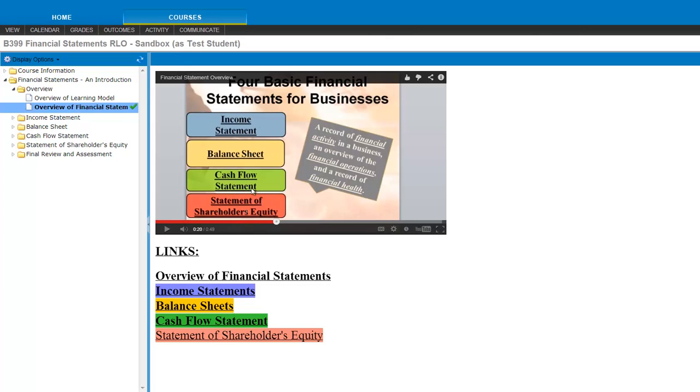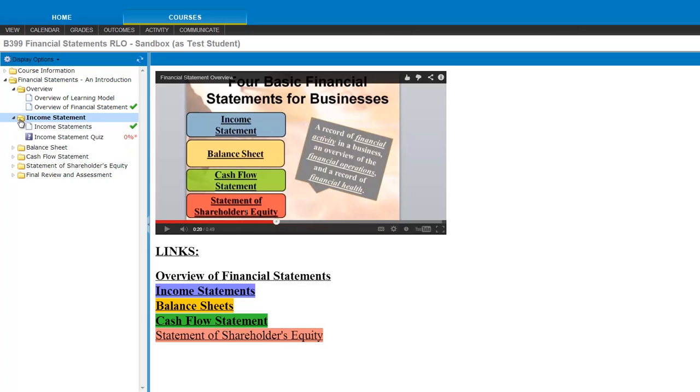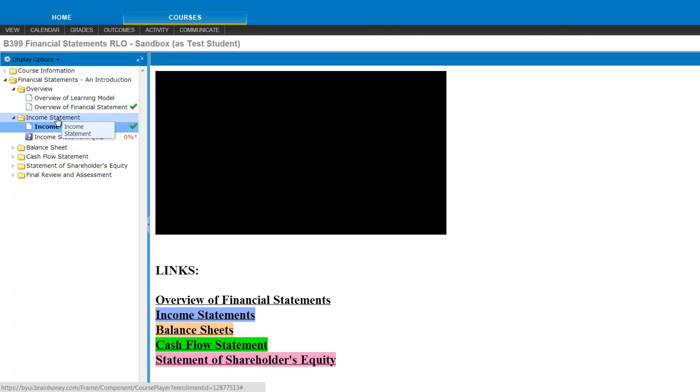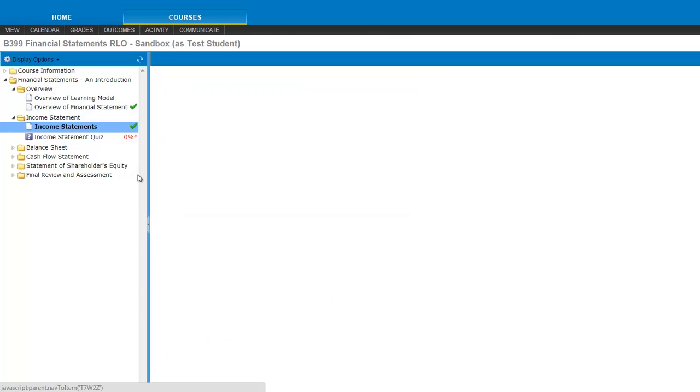It just shows them a little bit of the snapshot of the overview, and then I have hyperlinks down here that are color-coded with the different modules. You know, maybe this is kind of the coherence principle, in that I'm trying to keep everything coherent and consistent: the blue is income statement, the yellow-orange is balance sheet, the green is the cash flow, and the red is the statement of shareholders' equity. Now they can navigate either by going back out here to this folder and clicking on income statement, and then it expands it, or they can click on the link here